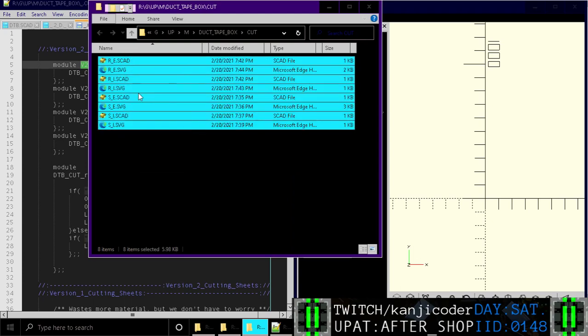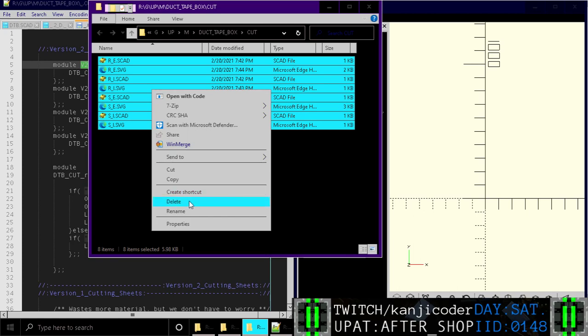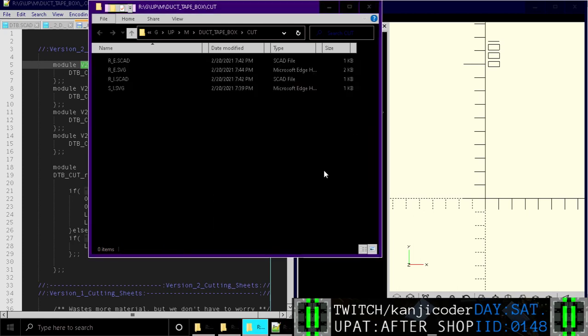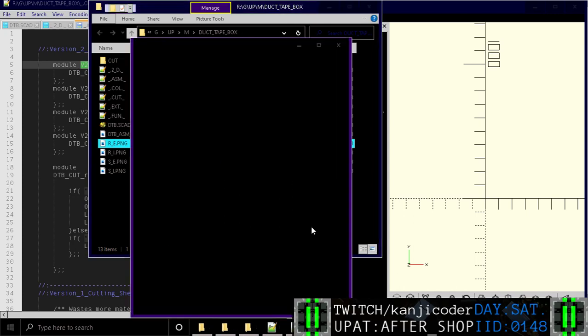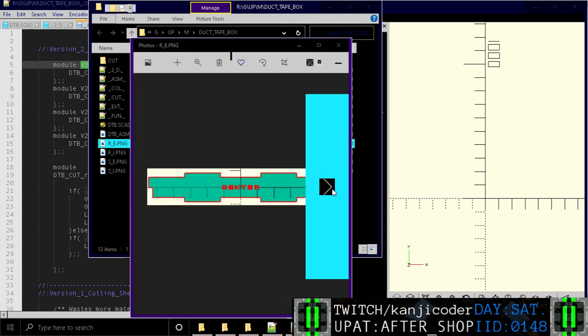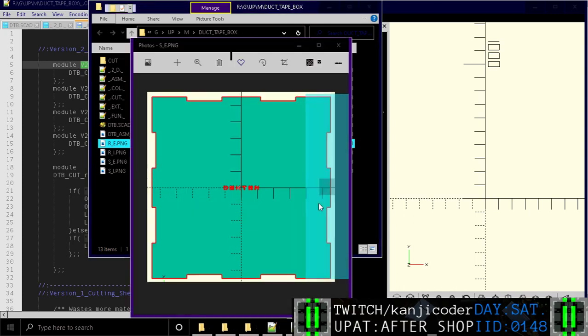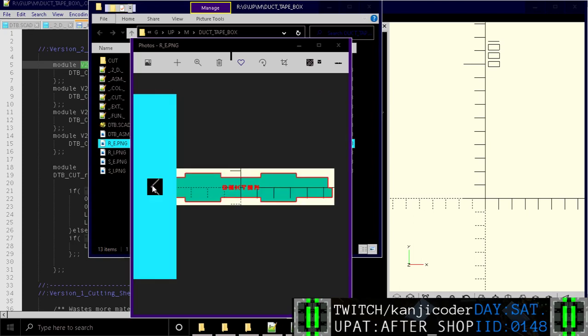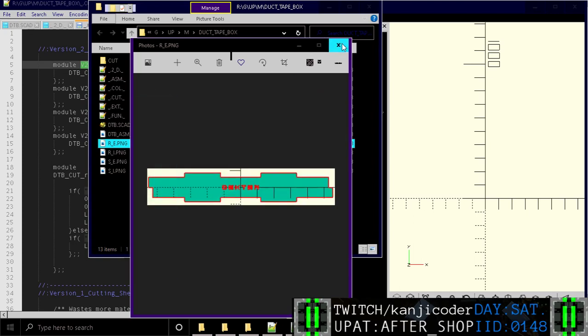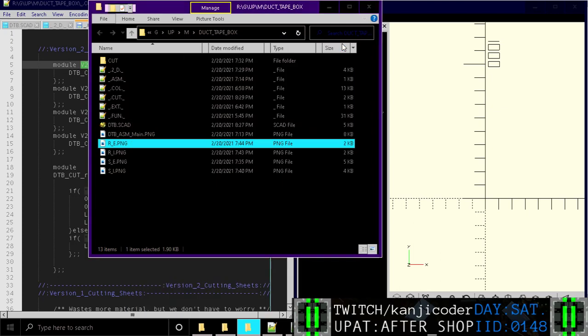Yeah, we're going to nuke all these because we don't want to actually cut these. These are outdated already, even though we never even went to the machine to cut. These images here, sure, they're not the exact proportions, but it's close enough to get the idea of what we're up to, right? So I'm not going to worry about trying to re-render and re-screenshot these. That's fine. But in the cut folder,